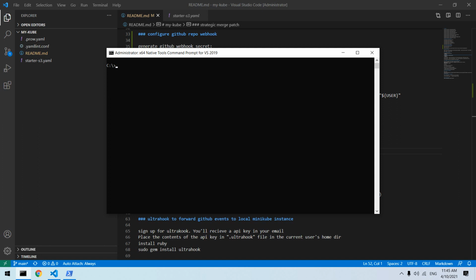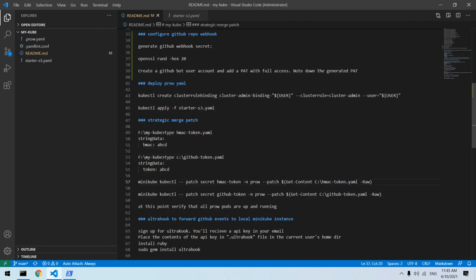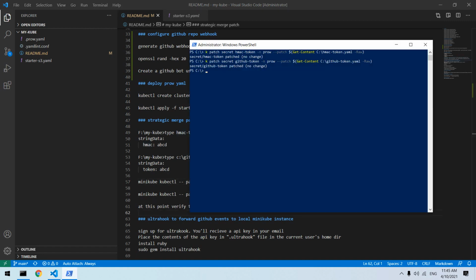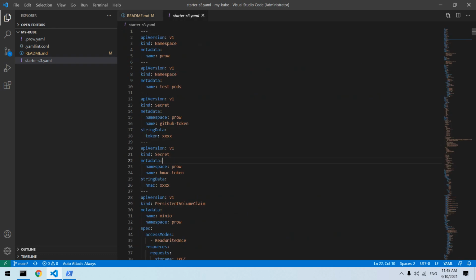Is the value correct? It should basically say updated, but it's saying no change. One second, let me try.